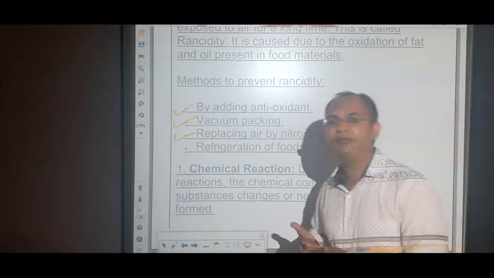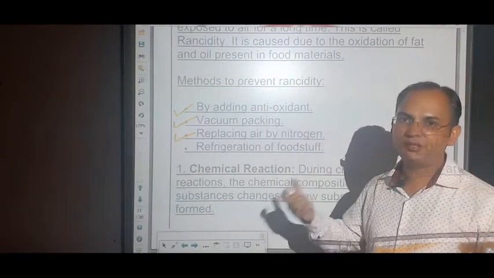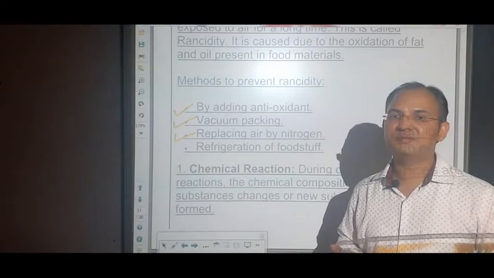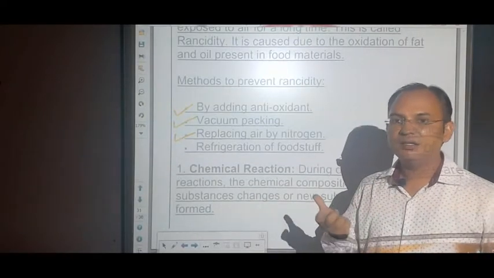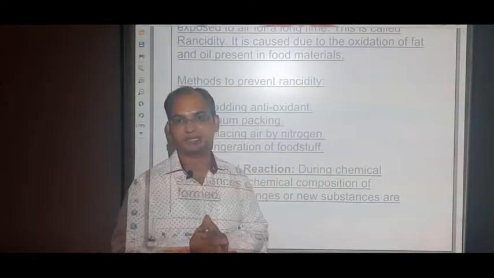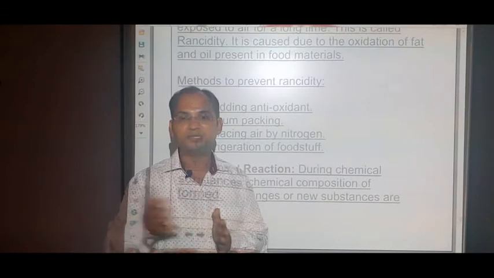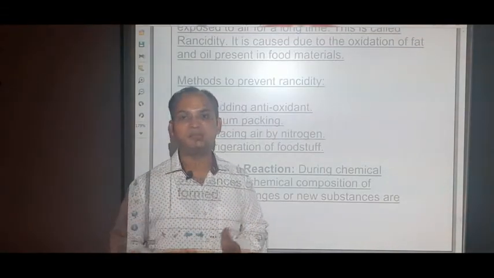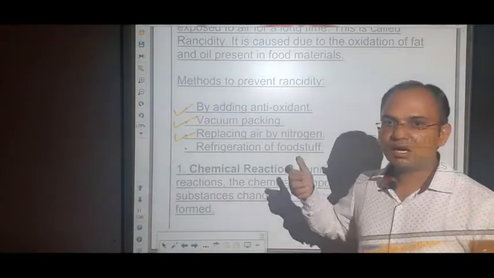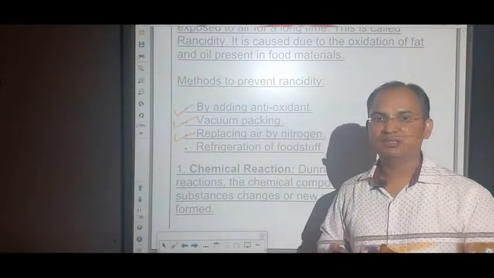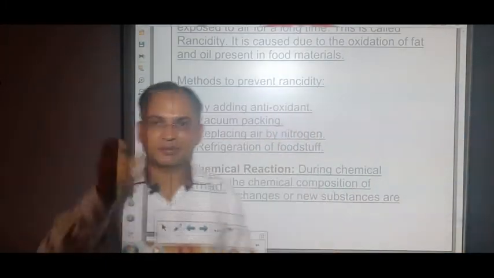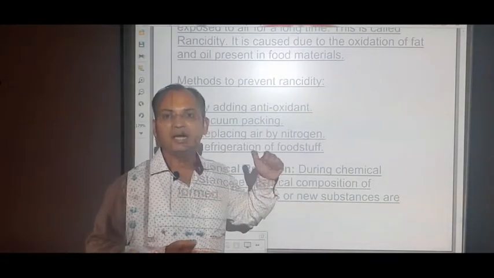You have seen so many times the packet of chips that we buy from the market. There is only a little amount of chips present in the packet, and it is swollen up with air. A large amount of air is present inside the packet. Sometimes we think that we are paying for the air inside the packet. But students, remember that this air is not the normal air around us. It is actually nitrogen gas, which protects the substances inside the packet from rancidity.